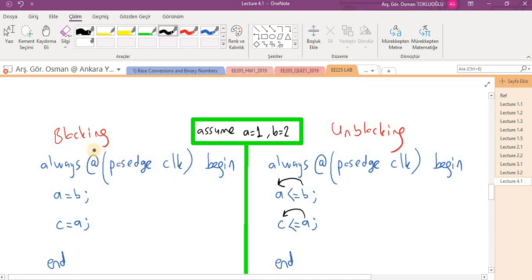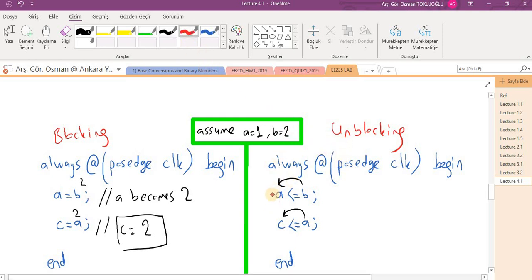Blocking assignments operate line by line. So this line blocks the other one, so it's a blocking assignment. I should first do this line and after that this line. So initially B is equal to 2, and after this line A becomes 2, and after that here C, since A is 2, C is equal to 2, so the output is 2. If I use non-blocking assignments, it means that this assignment does not block the other one, so